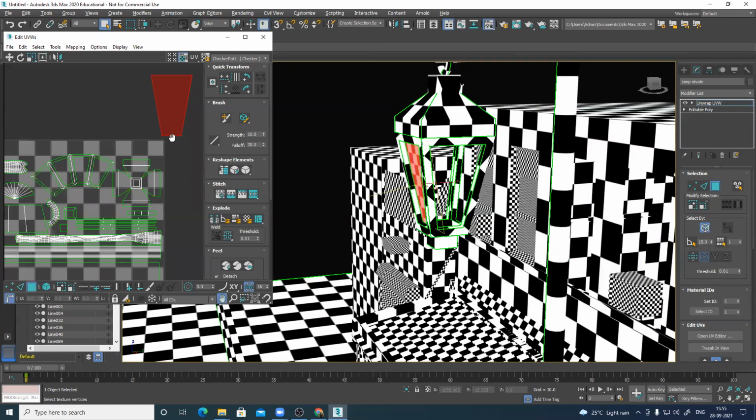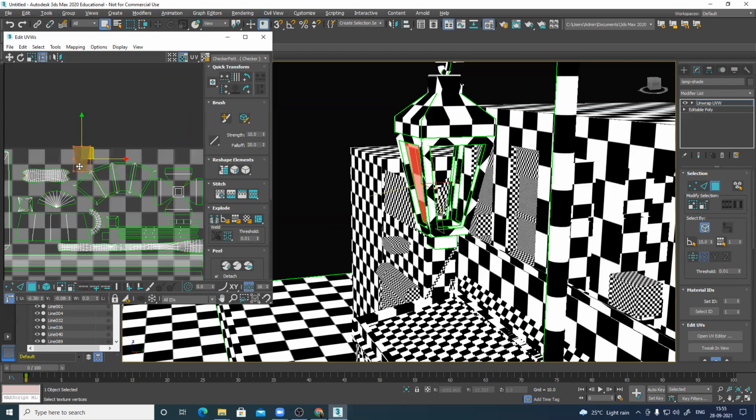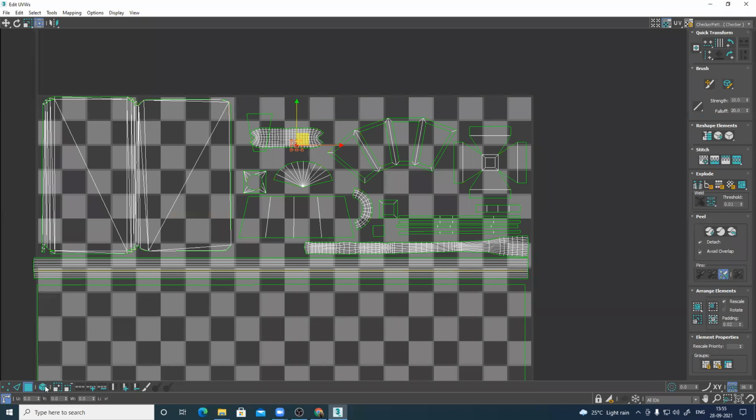That is for matching seam. Matching seam is last, finally. We'll texture everything, and once we're done with it, then we'll move to matching seam. So this one, if I want, I can keep it here. And this is my glass.